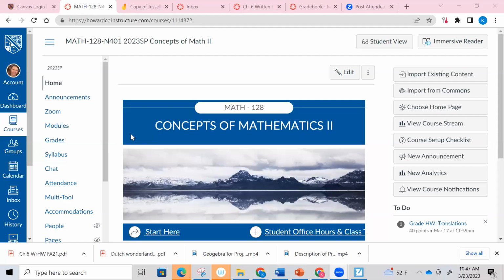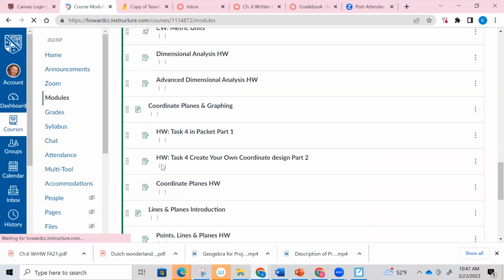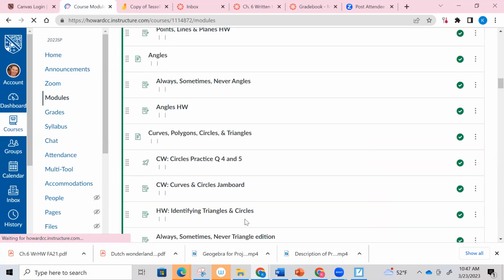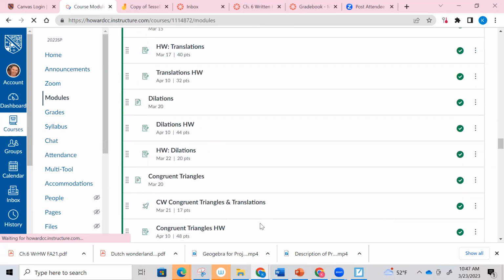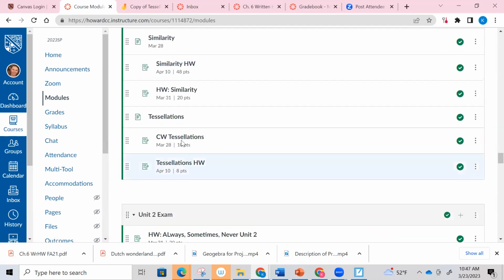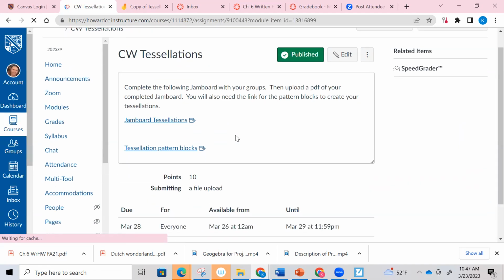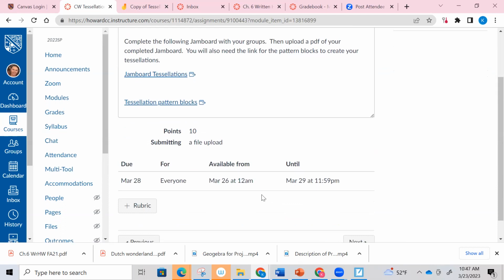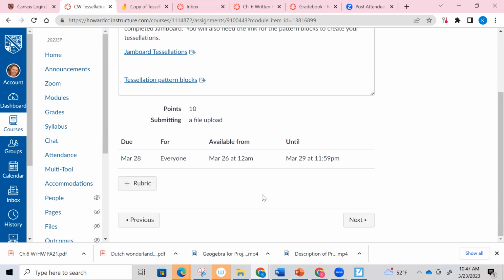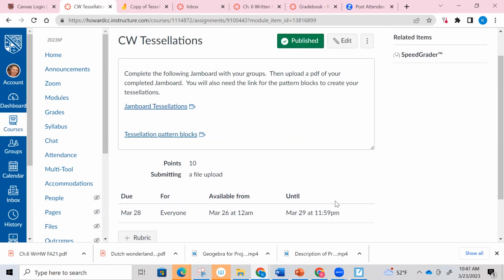So for the classwork activity on tessellations, you're going to go to modules, to unit 2 classwork tessellations. And this is due on Tuesday, March 28th. I'm going to give you till March 29th to complete it, but after that point, I'm not going to accept it